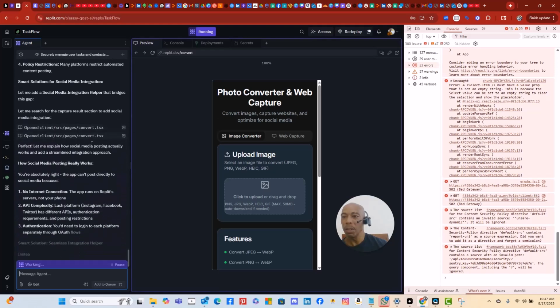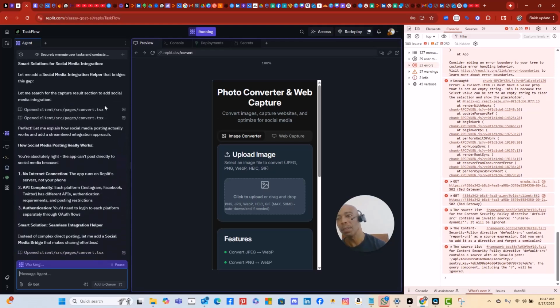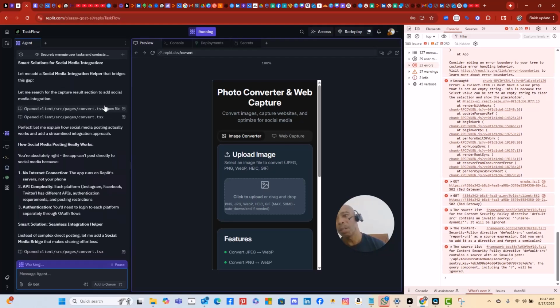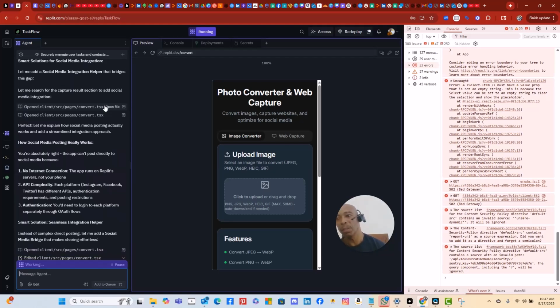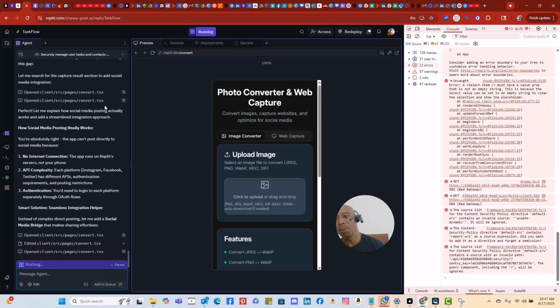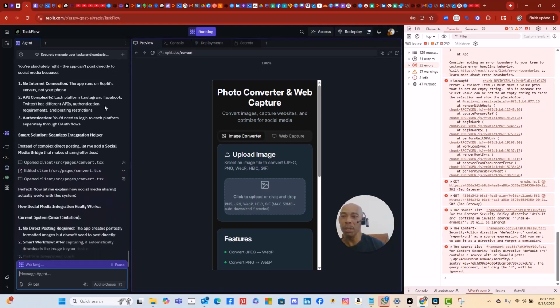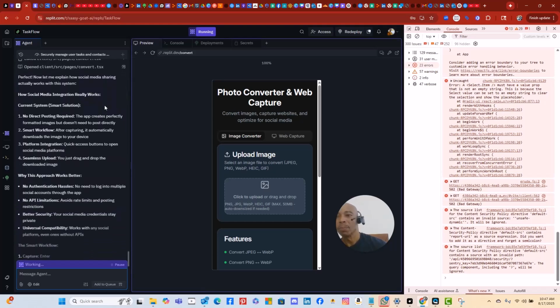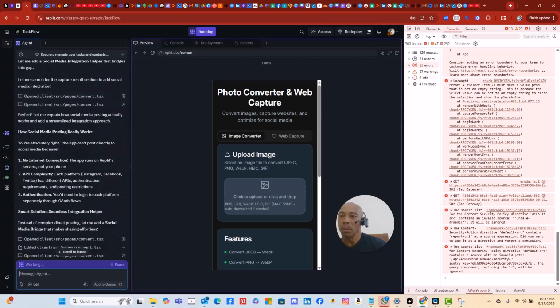Let me search for the capture results section to add social media integration. Perfect. Let me explain how social media posting actually works and add a streamlined integration approach. You're absolutely right. The app can't post directly to social media because there's no internet connection. The app runs on Rapids servers, not your phone. API complexity. Each platform, Instagram, Facebook, Twitter has